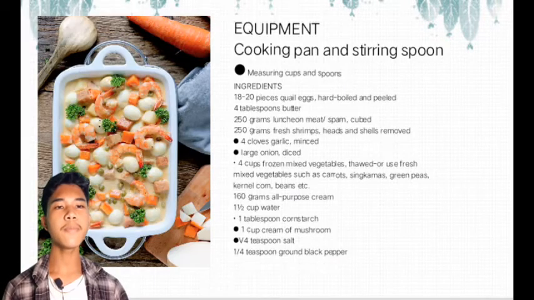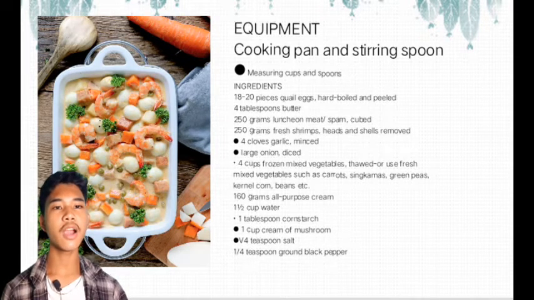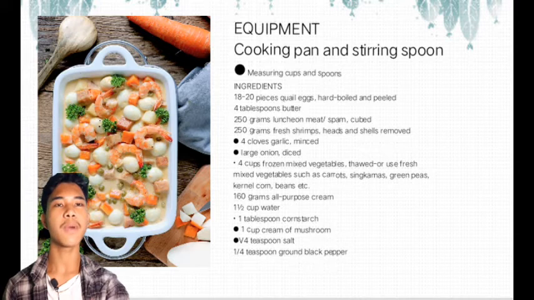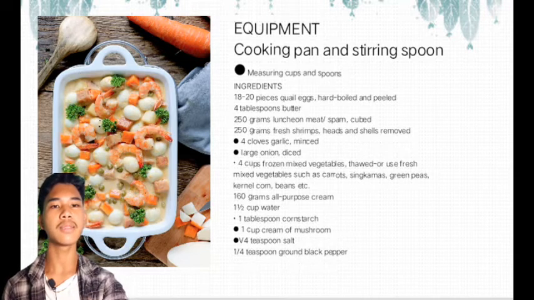Equipment: cooking pan and stirring spoon, measuring cups and spoons. Ingredients: 18 pieces quail eggs, hard-boiled and peeled, 4 tablespoons butter, 250 grams luncheon meat (Spam) cubed, 250 grams fresh shrimps, heads and shell removed, pork cloves, garlic minced, large onion